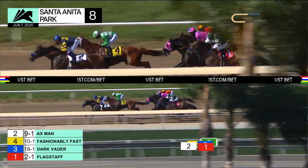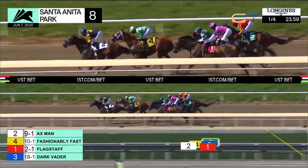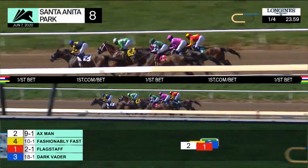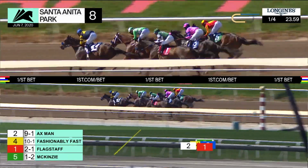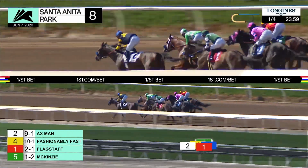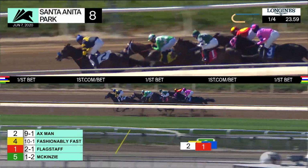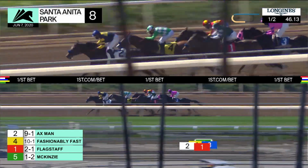The 6, Endorsed, was the runner-up in that Westchester, and he was only beaten a half length. And I don't think a lot of people are giving him enough credit for that. That was a very impressive effort. I've heard a lot of people saying that Johnny V wasn't really trying on Code of Honor. He was trying to conserve him. Listen, he had to ask Code of Honor for more than nothing. He had to ask him for some run. Endorsed really fought. I don't know if that's enough to put him in the winner's circle against this bunch, but